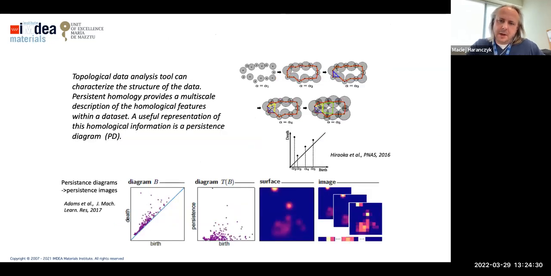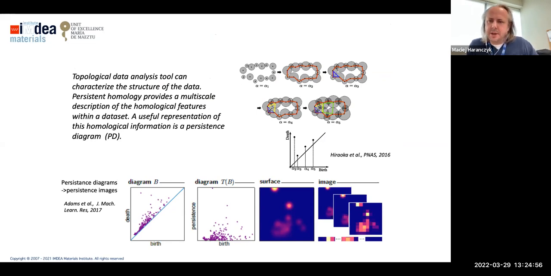In the case of topology-based descriptors, here is a good illustration. When we have a set of particles, our atoms, we can assign to them a function like the size of an atom, and we can keep increasing the volume of this function, so the radii, and see what topological features are present in the data set.